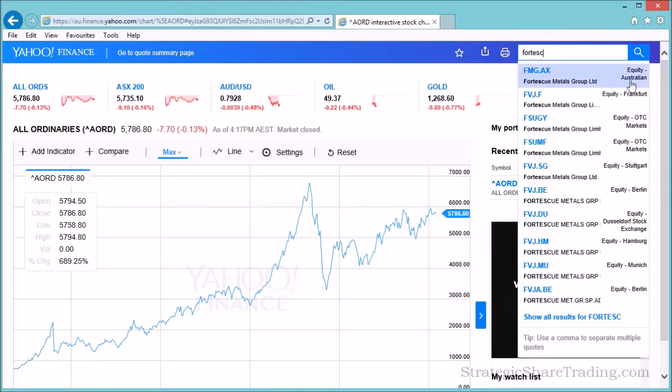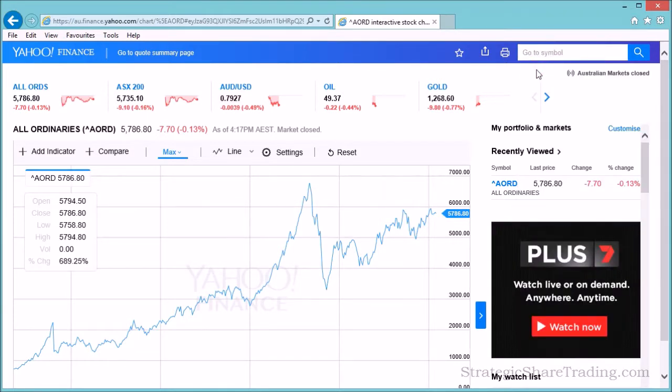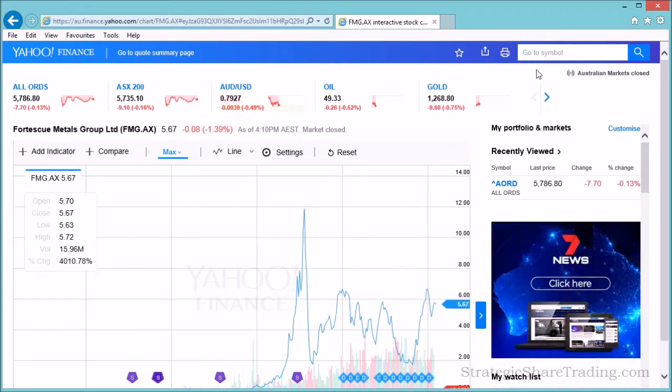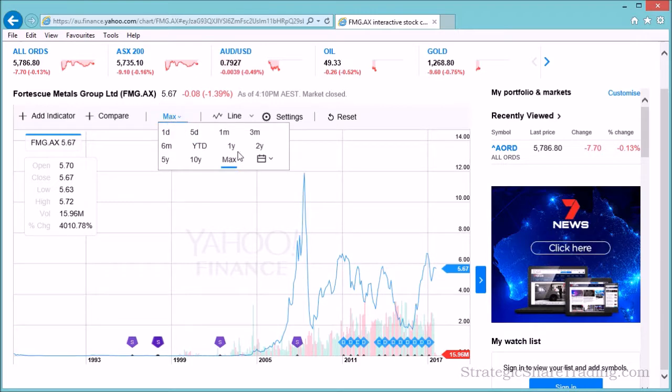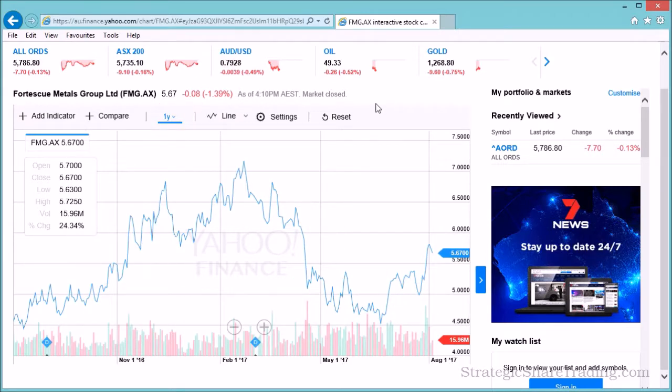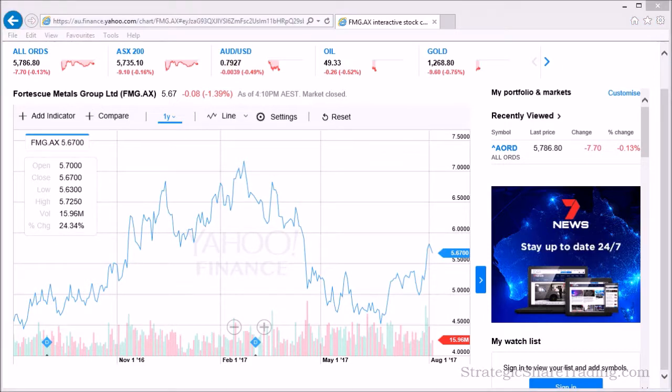It says Equity Australian Fortescue Metals Group Limited, and the code is FMG.AX, meaning Fortescue Metals Group, with AX short for Australian Stock Exchange. So I'll click on that. And I'll want to change the length of this chart, let's say 1 year. Okay, so that's the price of shares in Fortescue Metals over the past year, currently trading at